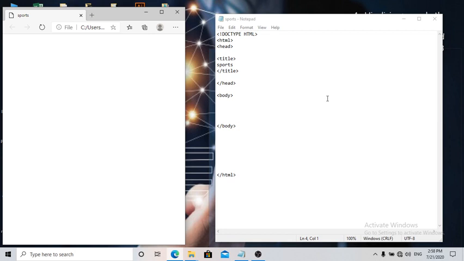So I'm going to type out the code for this and then I will explain. First of all, we're going to create a paragraph or a question for our checkbox. We're just going to say, what sports are you interested in? Okay, so we'll create a line break for this so that our work will be orderly, and then we start